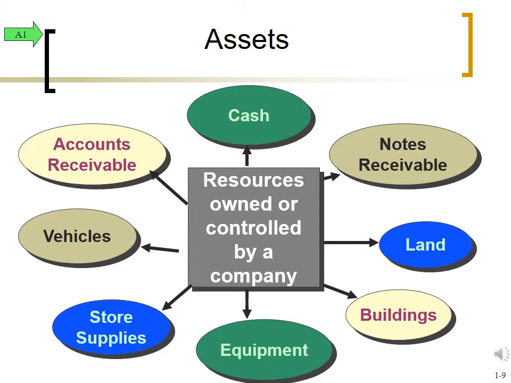Okay, so the first part of the accounting equation on the left side of it are assets. What are assets? Basically, assets are things a business owns. You have assets, companies have assets, any type of business entity will have assets. And here you see a general list of some of the more prominent ones. Cash being the most liquid. Everything basically is convertible at some point into cash. And then you see these other items.